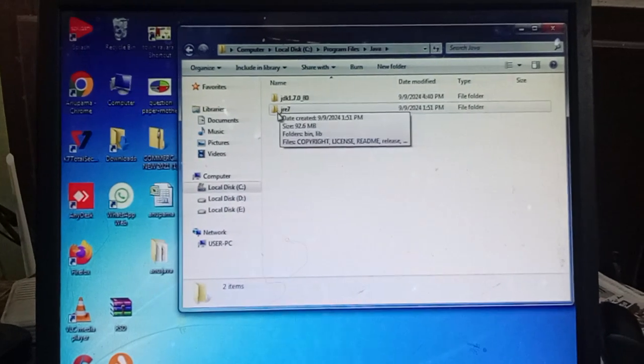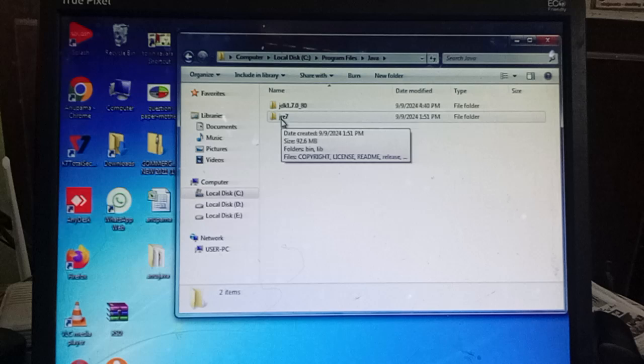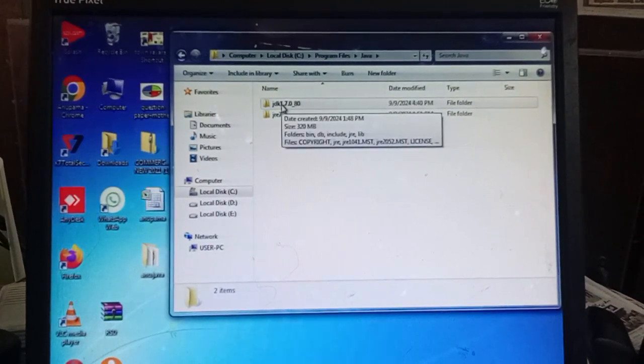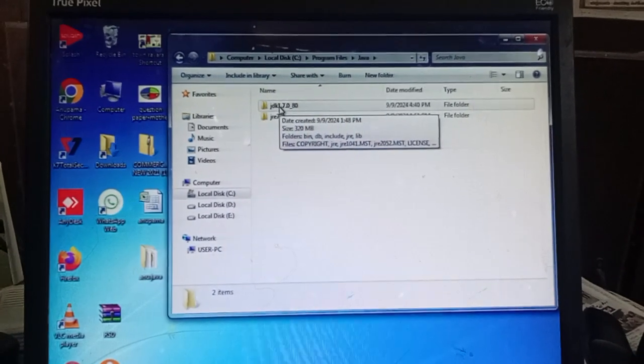The JDK has the tools, and the JRE has the functionality of the tools. Now you have to check whether it works properly or not.